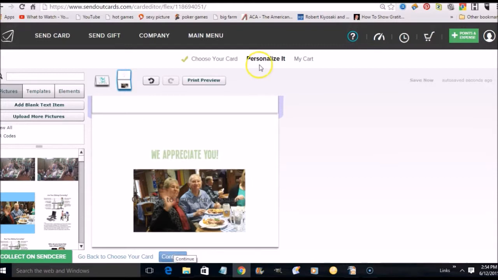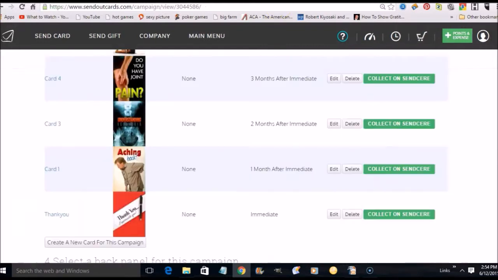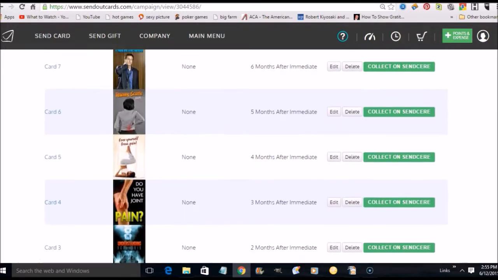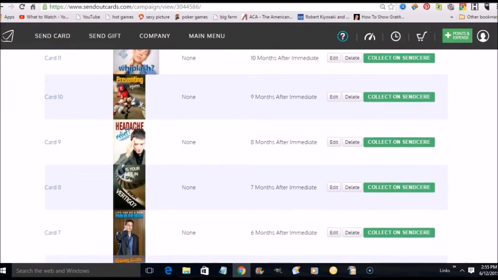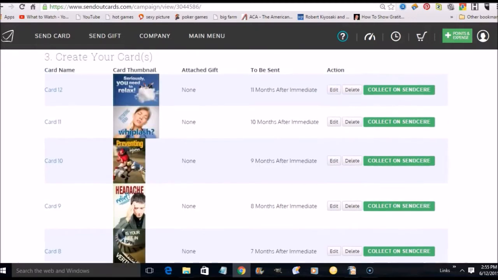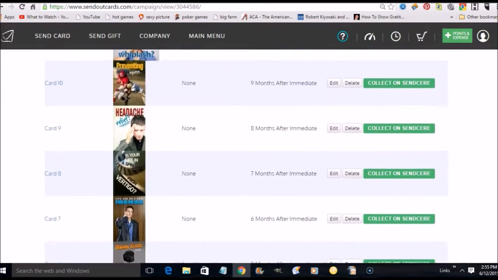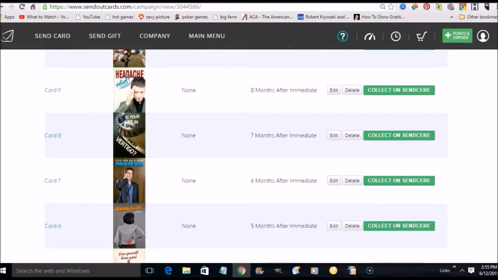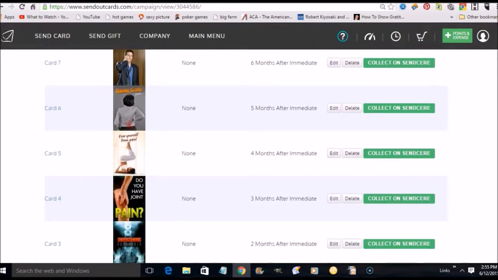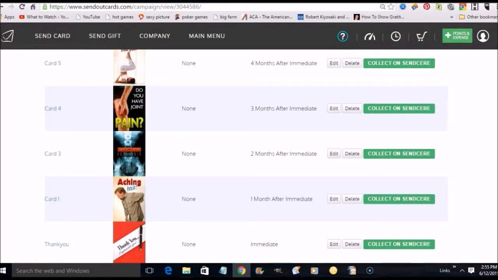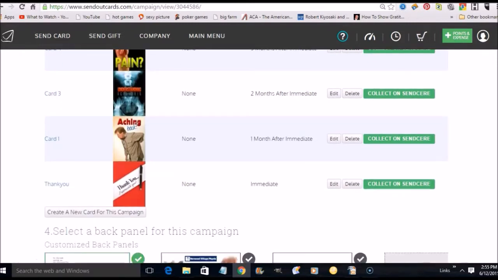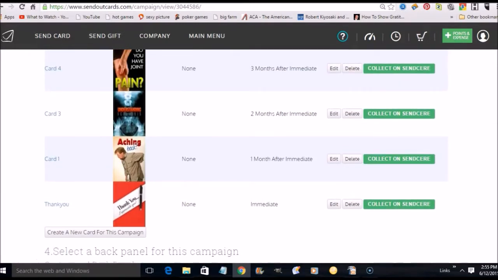that's it, done. While we're here, I just want to show you, we talked about how a series of cards can be sent, as in a campaign of cards. Here's a campaign I did for a chiropractor business, which I'm using as well because it's very similar to physio. So we've got here 12 cards. So one gets sent out every month. Now you don't have to do this, by the way. It's just the way I was taught.